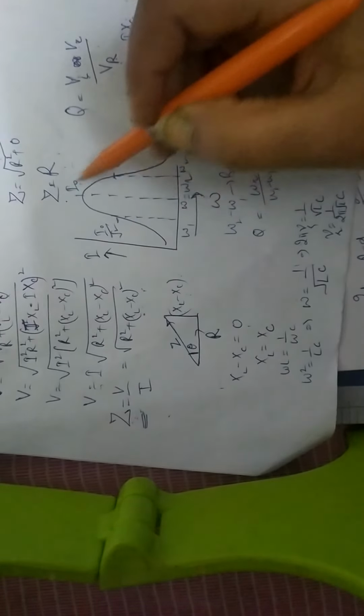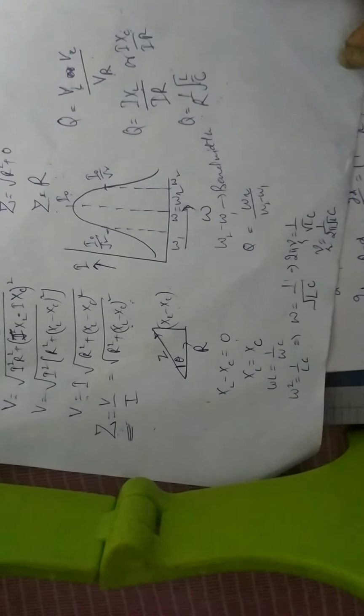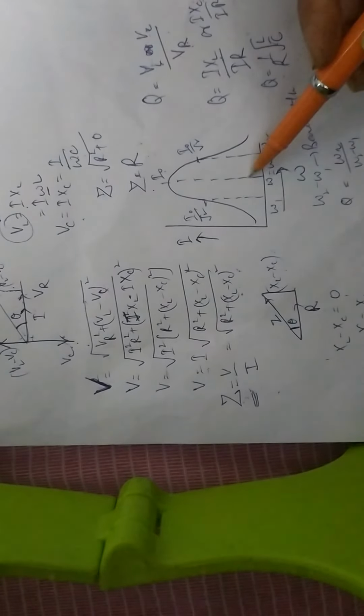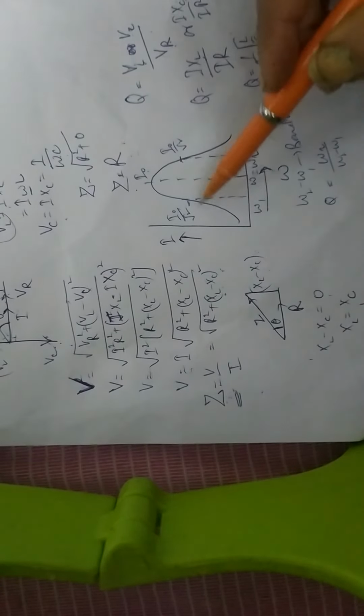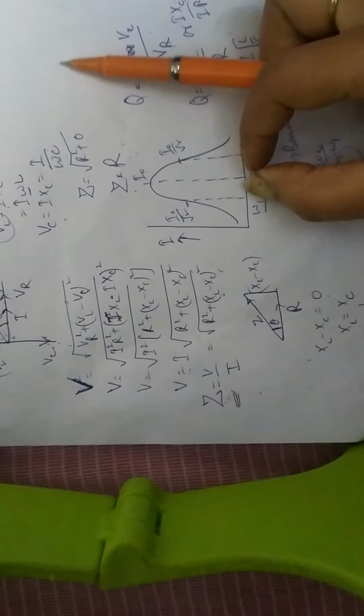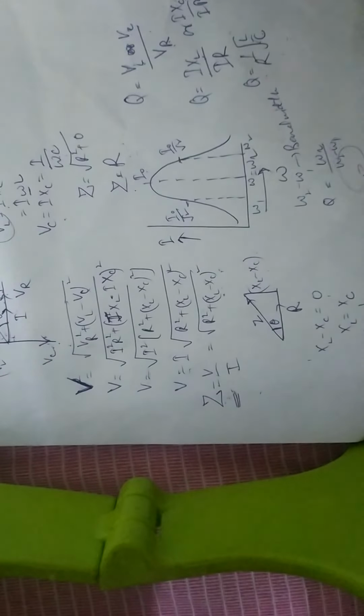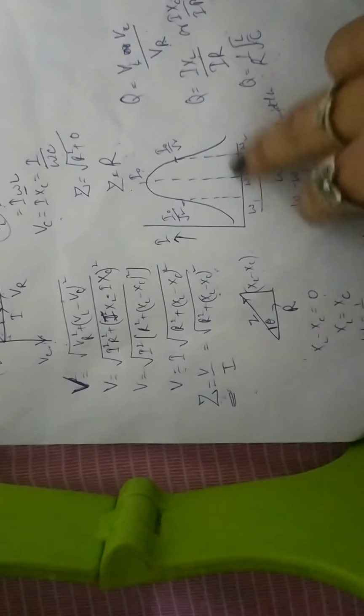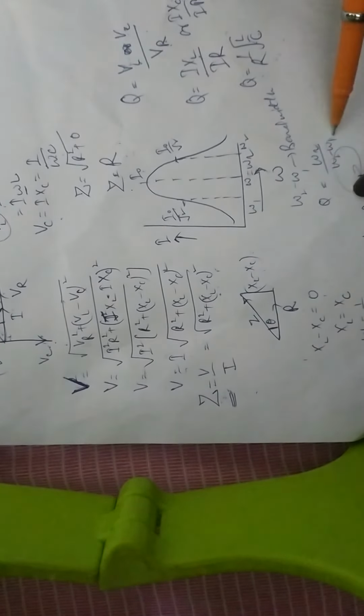The sharpness of the resonance curve is given by the quality factor. If the quality factor is high, the curve is more sharp, because a high Q factor means the bandwidth is less, that is, narrow. When this is narrow, the curve is more sharp. That means the quality factor is high. The signal is more clear.